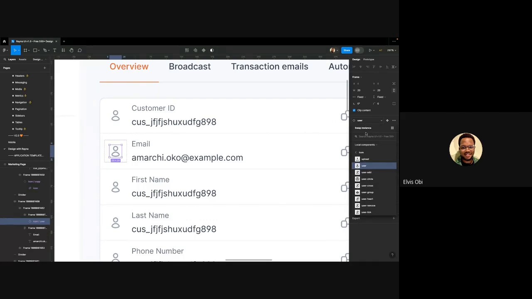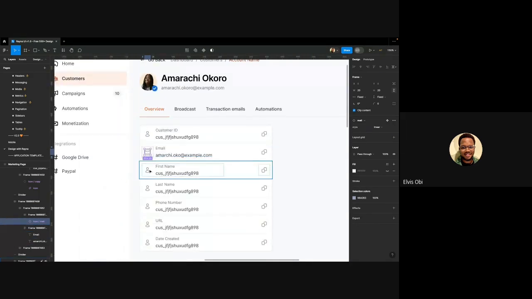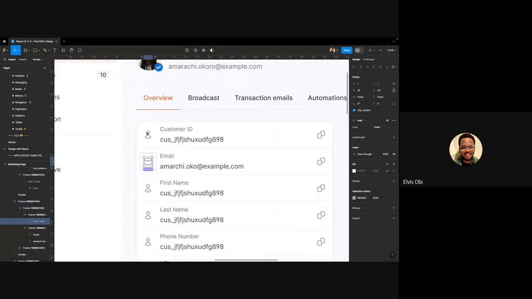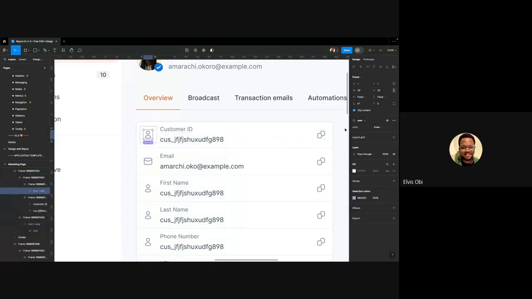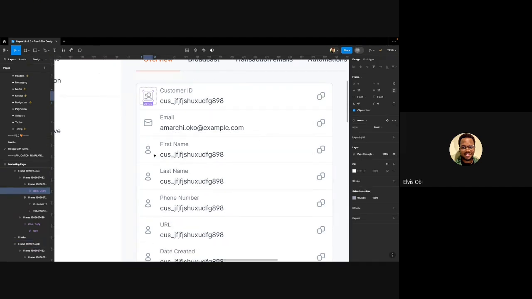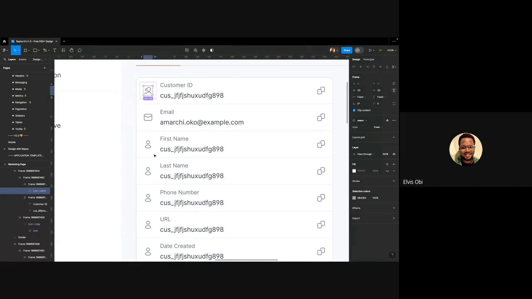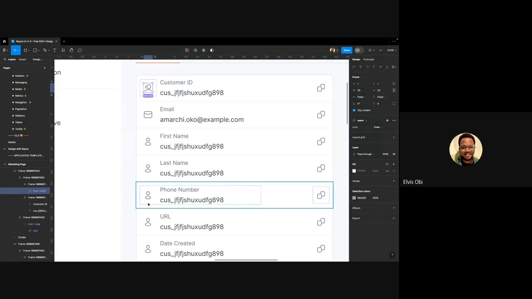So the email, give me like this one. Then first name and last name, and do the same. Customer ID should be something else. I think I'm gonna use this, yeah. So phone number,